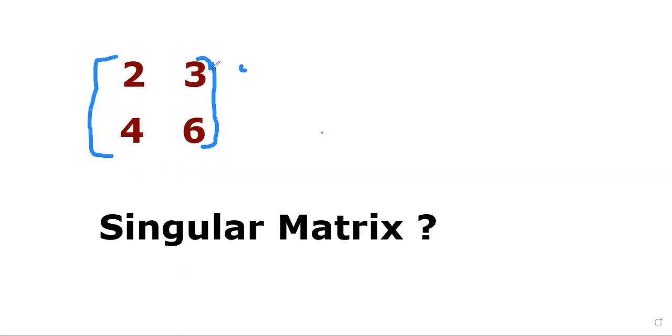All right, so today we're looking at singular matrix, and what a singular matrix is basically after you find the product of the leading diagonal minus the product of the second diagonal, if the answer is 0, it is said to be a singular matrix. So let us just remember that every matrix is in the form